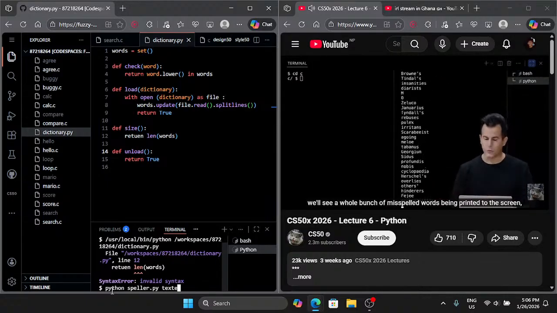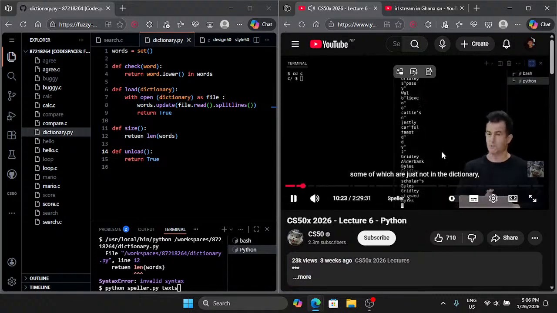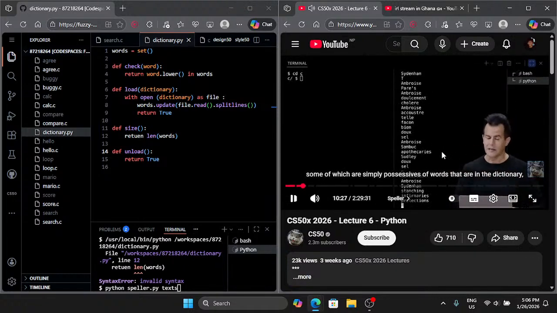And as with problem set 5 itself, we'll see a whole bunch of misspelled words being printed to the screen, some of which might very well be misspelled, some of which are just not in the dictionary, some of which are simply possessives of words that are in the